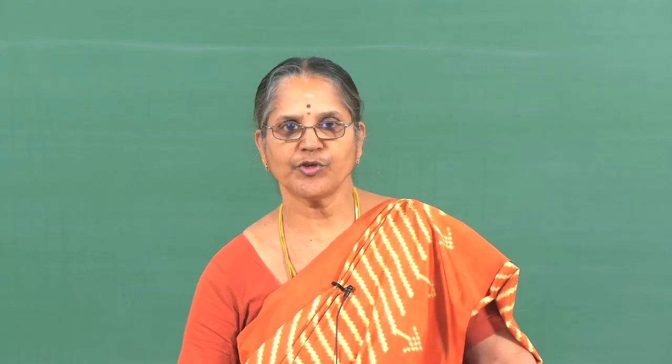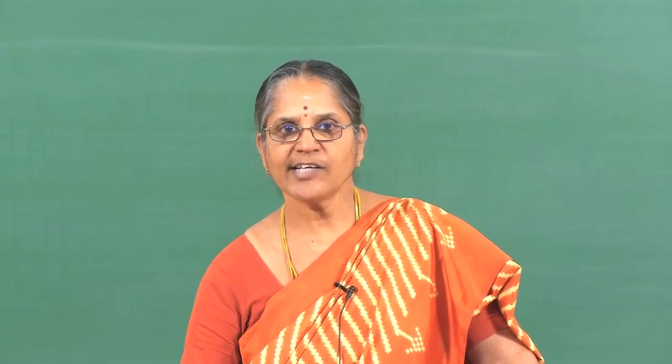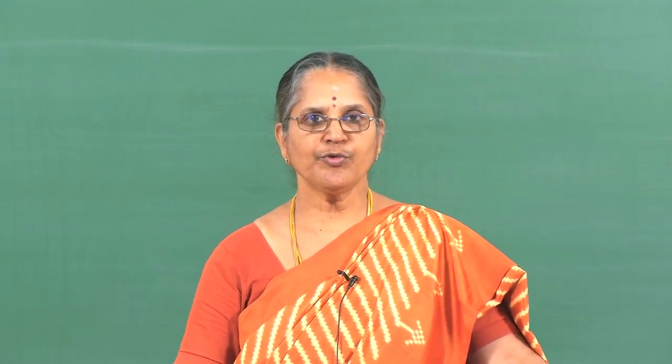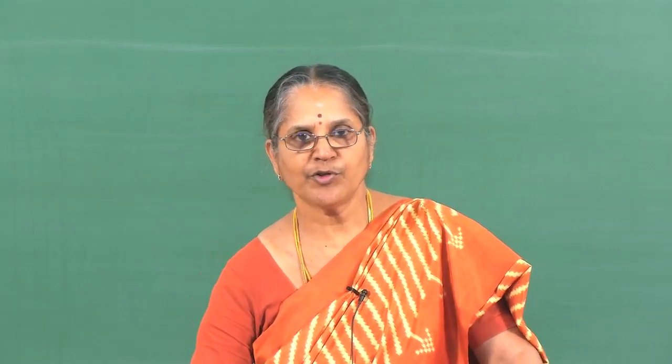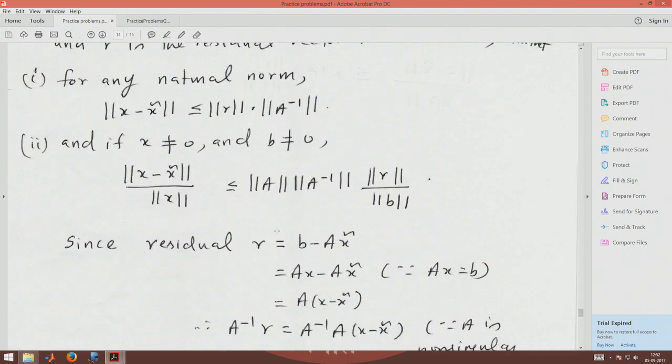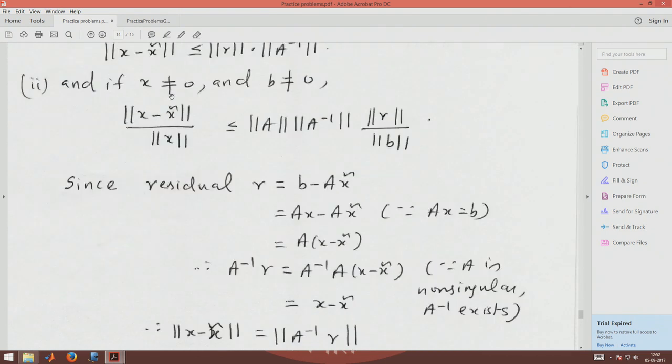Then you are asked to show that for any natural norm, namely infinity norm or 2 norm, you should be able to show norm x minus x tilde is less than or equal to norm R into norm A inverse. And in addition, if x is different from 0 is a non-zero vector and b is also a non-zero vector, then show that the relative error in our